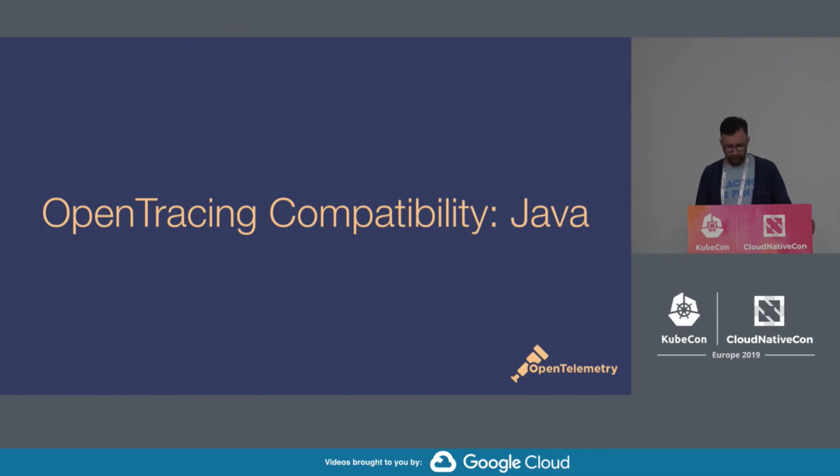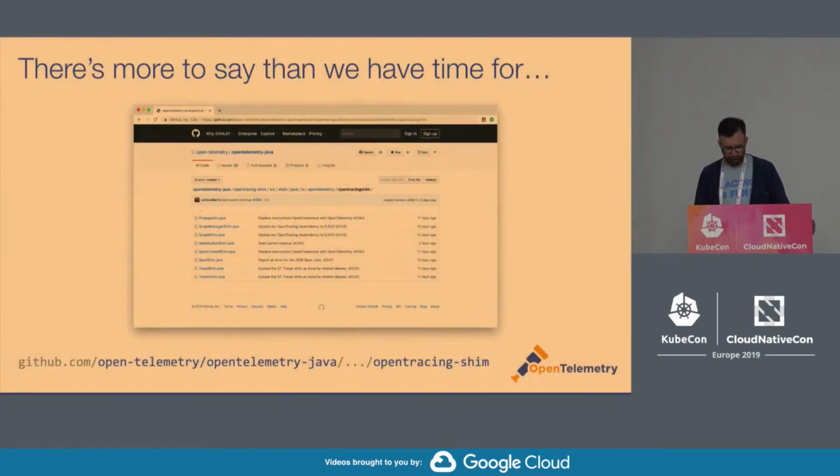So just to dig into Java a little bit, I tried not to talk too much about Java, but Java is where we're doing the prototyping. I think we feel like that's the most robust community for both OpenTracing and OpenCensus, and probably in enterprise in general. And so we want to get all the compatibility working there first. You definitely should look at this if you want, especially if you speak OpenTracing. You can go and look at the Shim that we've written and verify that it actually meets your requirements and everything.